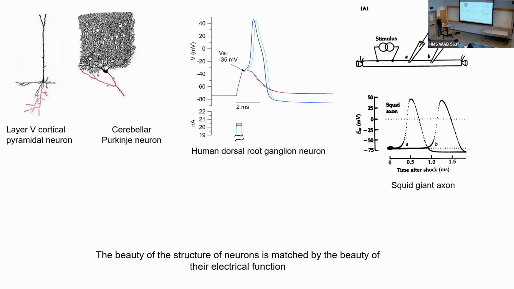But the way the neurons work is by generating electrical signals, basically integrating electricity in their dendritic tree, converting that to patterns of action potentials in the cell body, and then that pattern of action potentials goes down the axon, synapses onto other neurons and excites or inhibits them. So what I want to talk about is the basics of the electrical excitability of neurons.